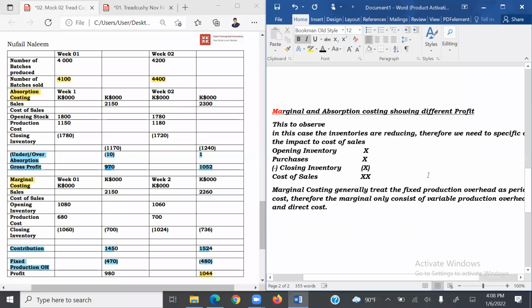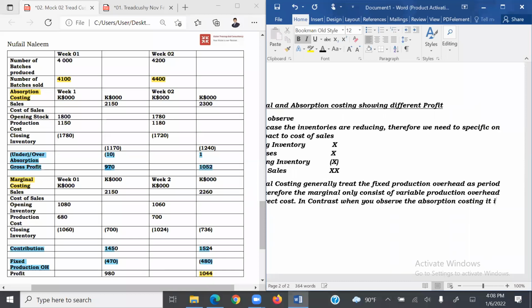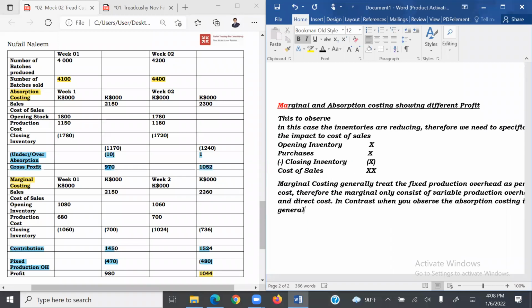Are you clear with that, students? Yes or no? Any questions you have, can you let me know? Are you clear with this point of view? Yes or no? So they do not take the full cost, they only take the marginal costing only. So I will continue with the next sentence. In contrast, when you observe the absorption costing, it is generally having the full cost,